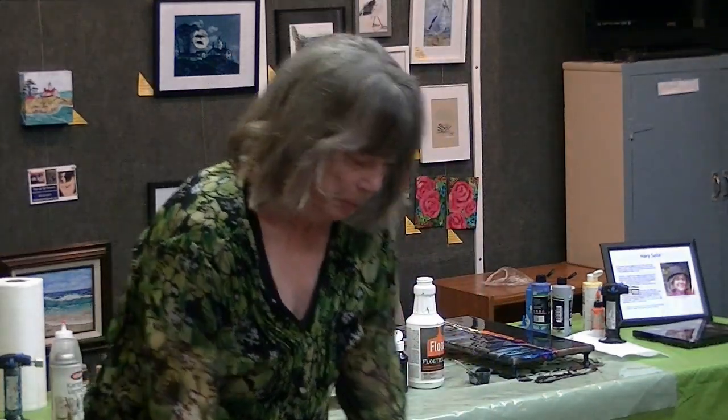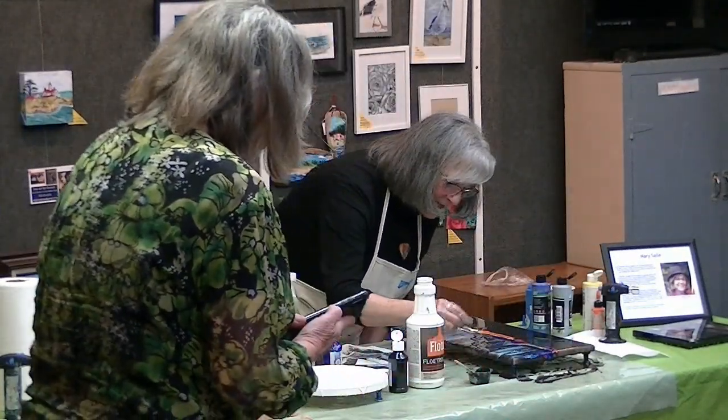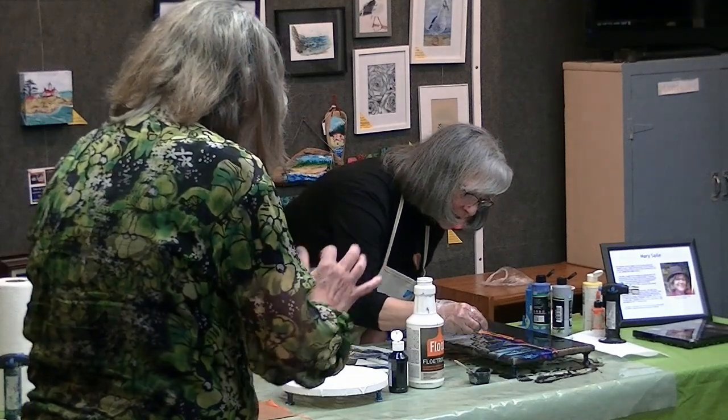Okay, here. Sometimes I'll even cut the card a little smaller, because I'll look at this and I'm going, that's really base paint there. And I'm going to just grab this little